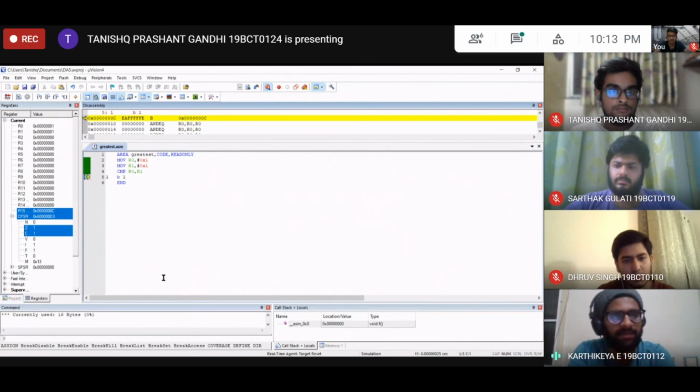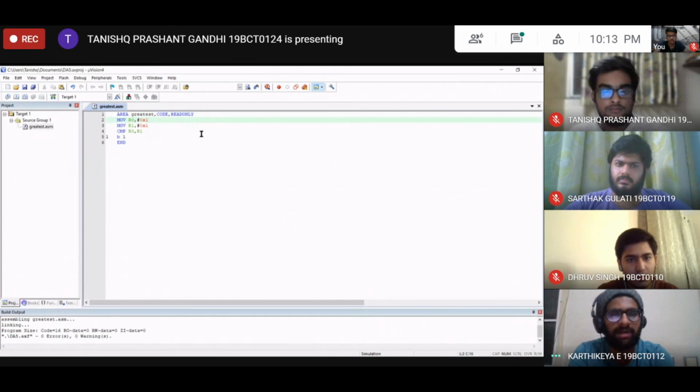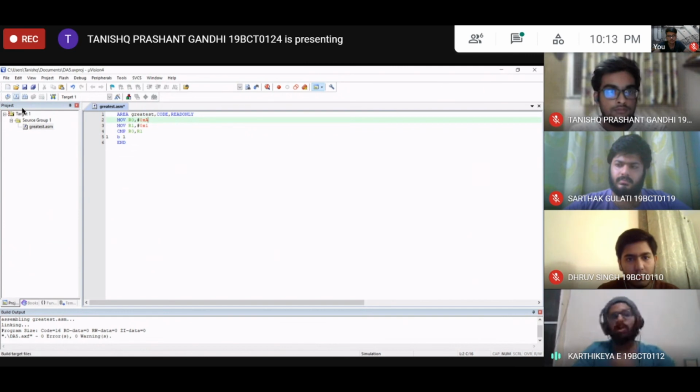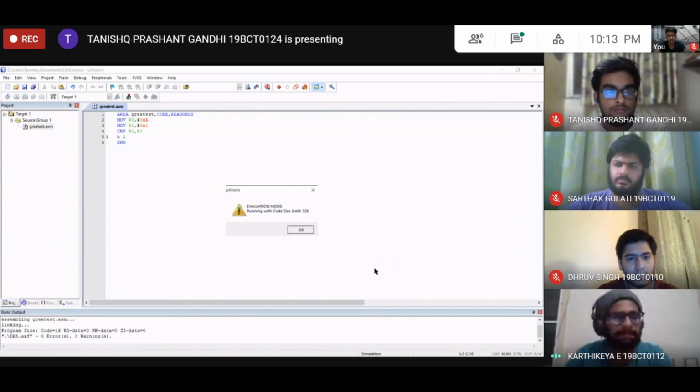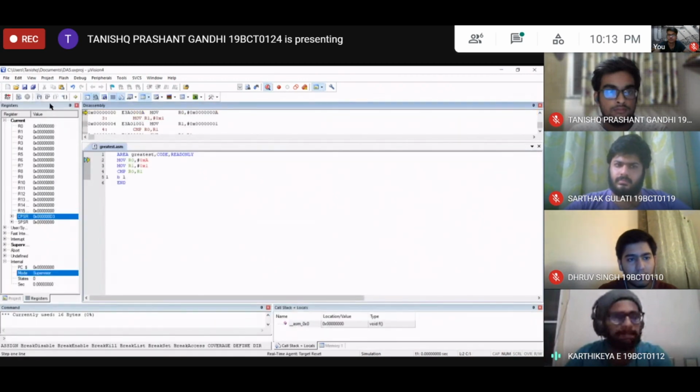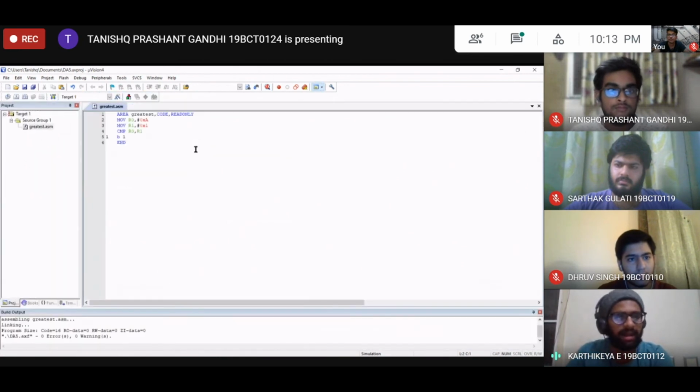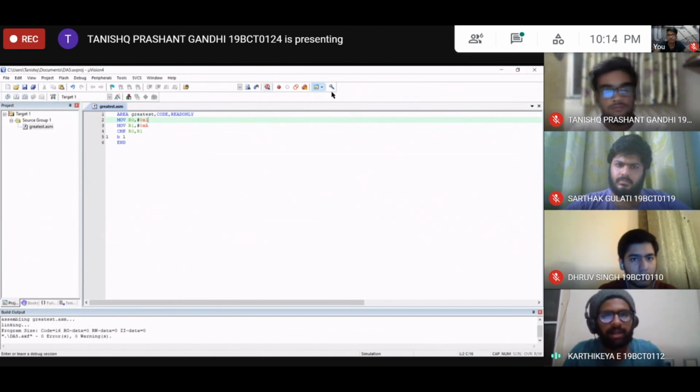In the same way, if we set R1 to be a higher number, then we have something slightly different than the usual. Once we go back to the coding area, if we change the value of R1 to A and R0 to 1, now we have a slightly different output.